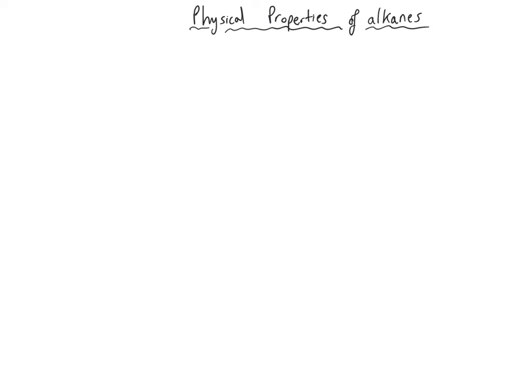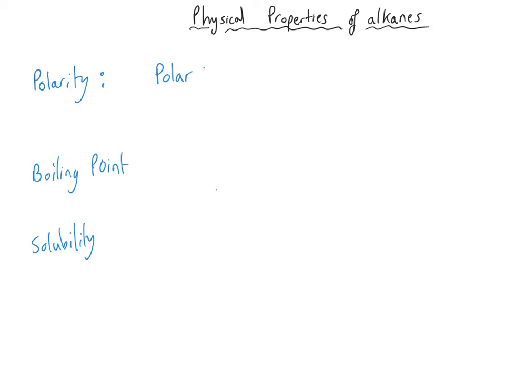Now to just cover a few physical properties of alkanes. And we're going to look at 3. We're going to look at polarity, we're going to look at boiling point, and we're going to look at solubility. So first of all, polarity. So polarity is how polar something is. So there are 2 ends of the scale here. There is polar at one end, which means it shows charge or regions of charge, and non-polar at the other